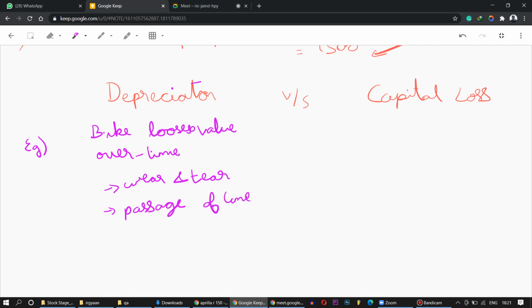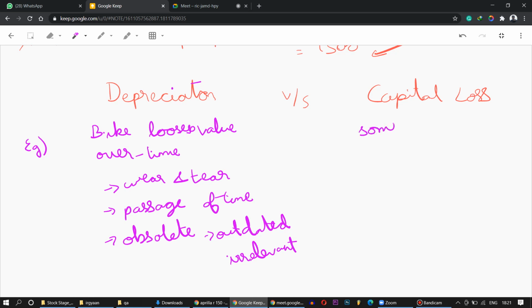Even if you buy now, one more person won't give you the same amount because they will be like, you already purchased it, I can go to the showroom and buy. Why should I do? It can be because of obsolete things. If I try to sell a 1 lakh rupees computer of 2005, people won't buy it now. They'll be like, what is the use of that? I can get a better one for 10,000. So obsolete. That means it is outdated. Outdated. It is irrelevant. Got it?